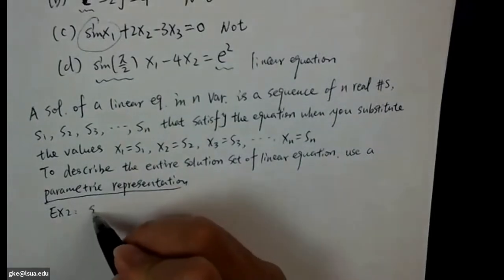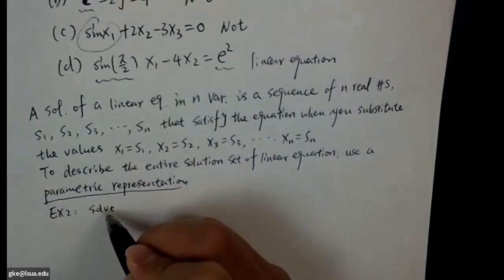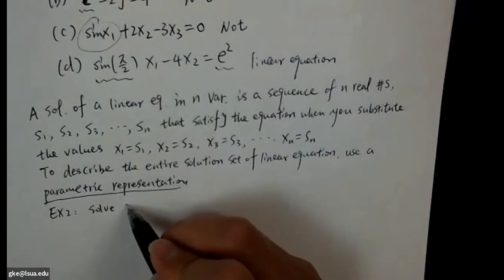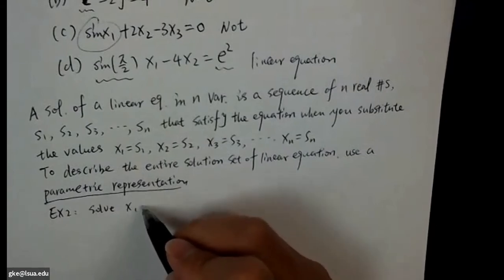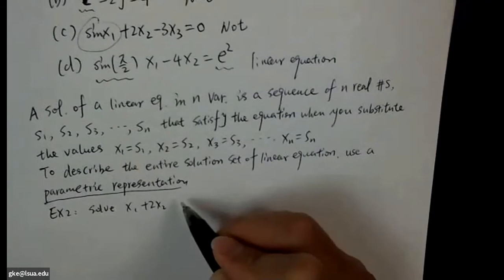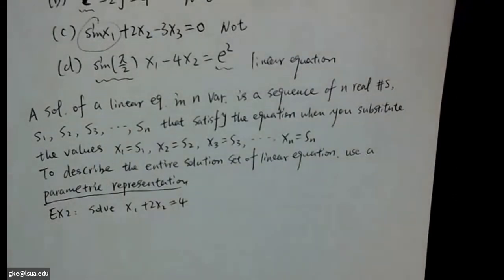Solve x1 plus 2x2 equals 4. How to solve this guy? As we can see, for this linear equation, we have two variables. Since we only have one equation,